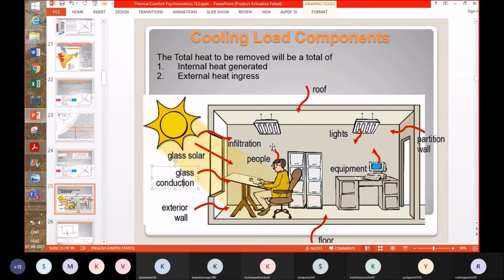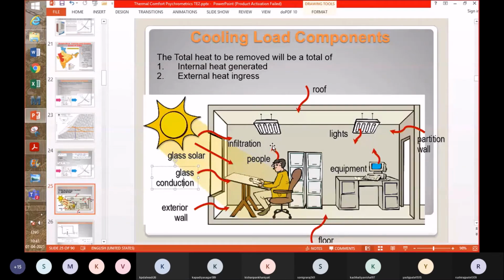So along with the visible light, there are also infrared rays entering along with the visible light, and because of that the heat comes into the space along with the rays of the sun. There could be direct rays and indirect rays, diffuse radiation or even reflected radiation, but all carry some heat which enters into the room and contributes to the heating of the room, which you have to ultimately take away with the help of your low temperature air which is supplied into this space.